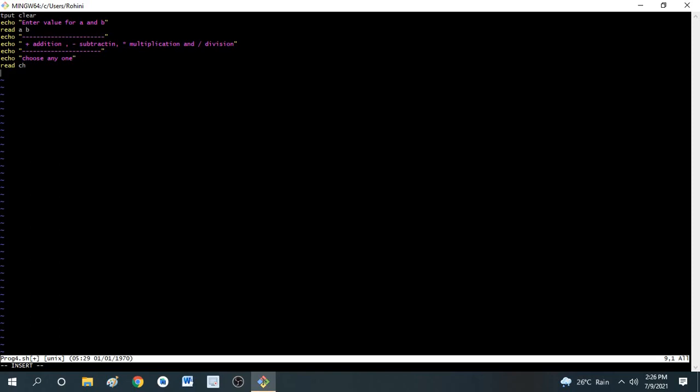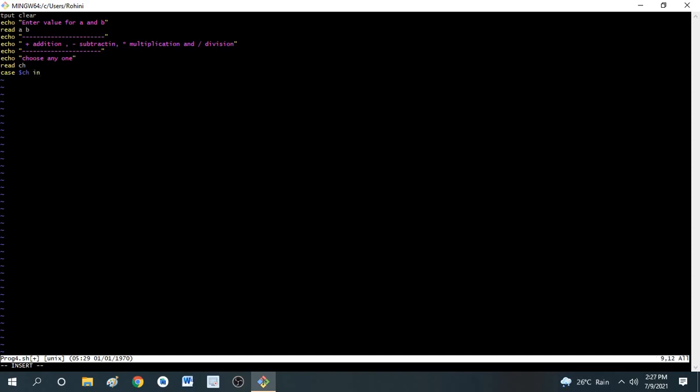So now I am using switch case. For that you have to start with case. So my value of the operator is in the CH variable. I can use that using $CH in.